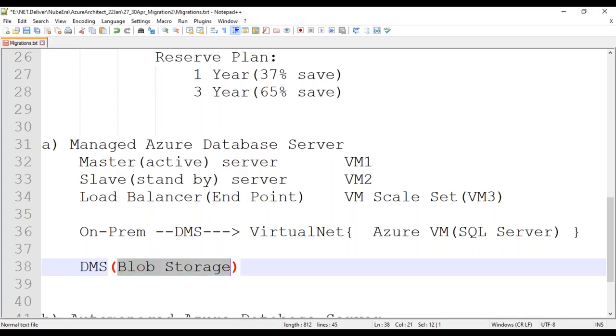It will use the storage, and also it will use a subnet, which is nothing but your virtual net. These two things it will use, and in the workflow, the first step is to provide existing backups in your network share, and after that the second step is what